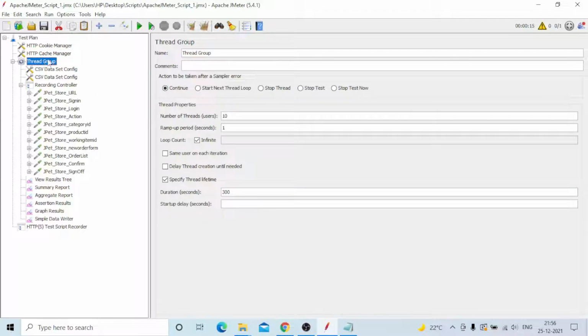This is the main part, the thread group. Thread group means you need to add all the users and design the scenario for how you need to execute. For example, this is the number of threads, thread properties. I will give 20 users.